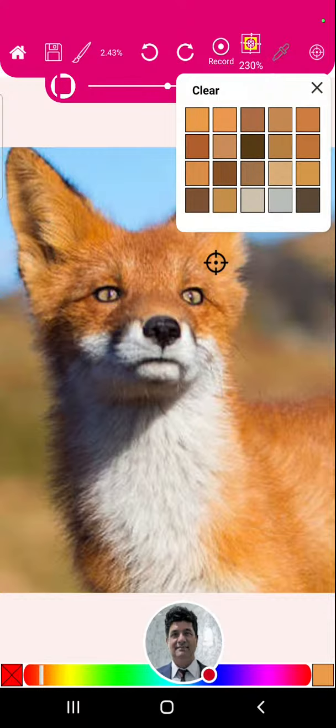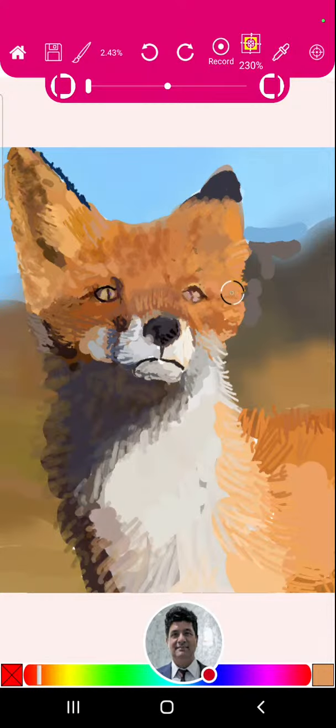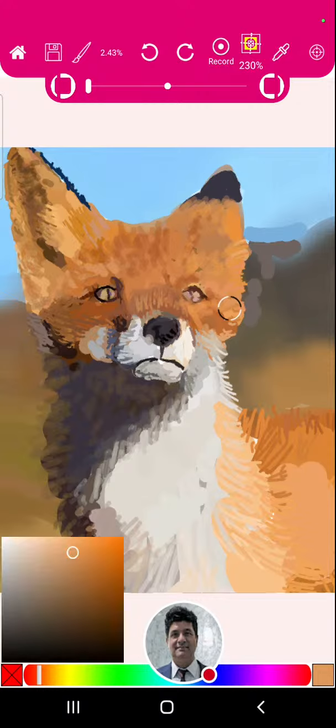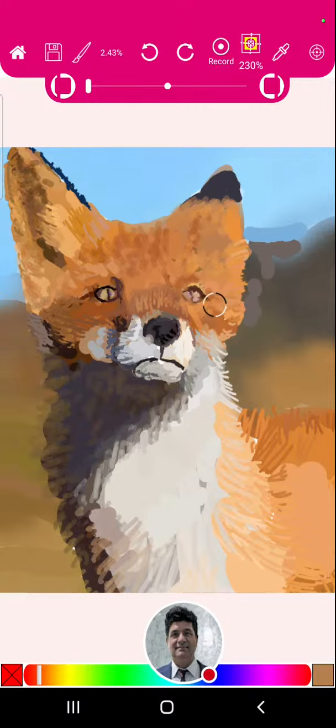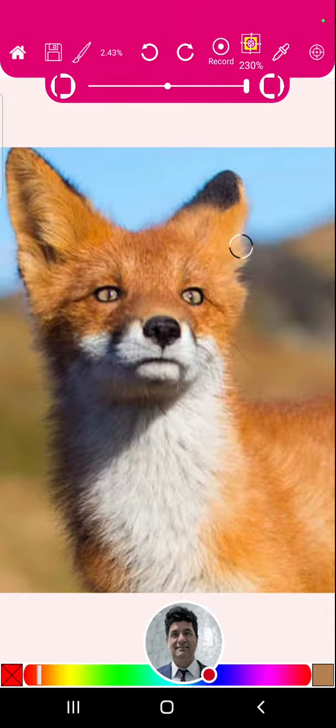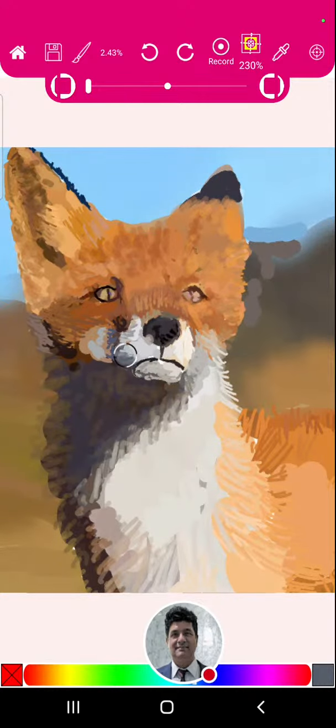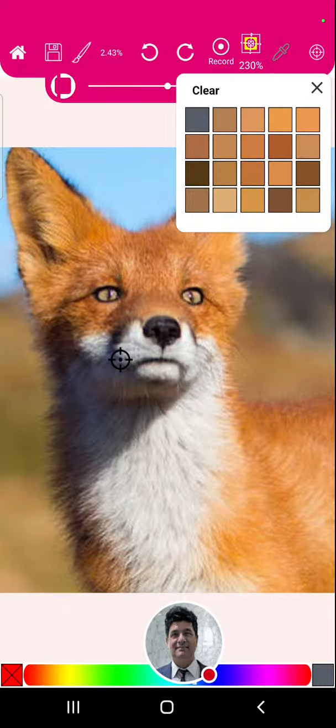Then here, this, we're giving the illusion. And if the color palette is not enough, you can go even here and get a more dense color. Right? And then here, give the illusion. Then here,